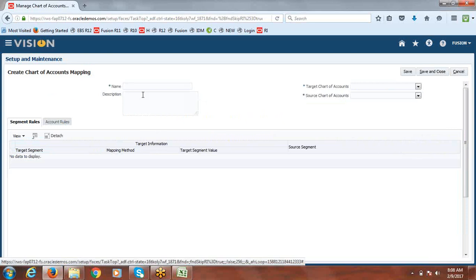Give the name as Fusion, subsidiary COA and consolidation COA mapping. In short, I am writing Fusion S, where S stands for subsidiary chart of accounts, and C stands for consolidation chart of accounts mapping. Okay.